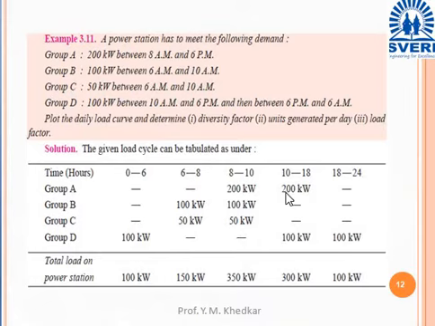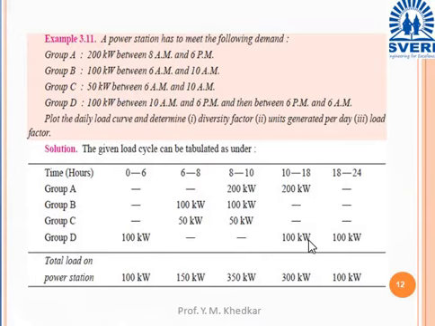And during that 1 day of 24 hours, the distribution of load is presented in this table. So group A has a 200 kilowatt load between 8 to 10 and 10 to 18, means almost 8 hours. Then 100 kilowatt load is consumed by group B between 6 to 10, means for 4 hours. Group C is consuming 50 kilowatt for once again 6 to 8 and 8 to 10, means almost 4 hours. And group D is consuming 100 kilowatt from 0 to 6, means for 6 hours, then